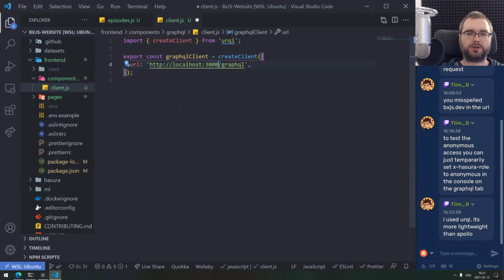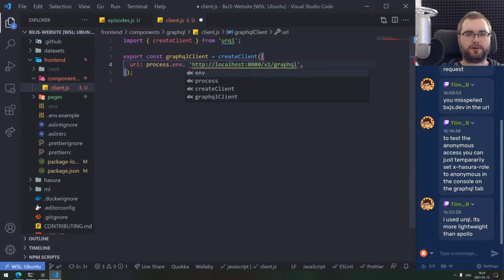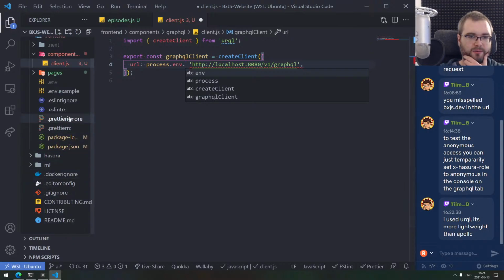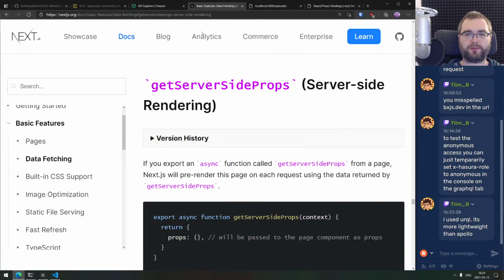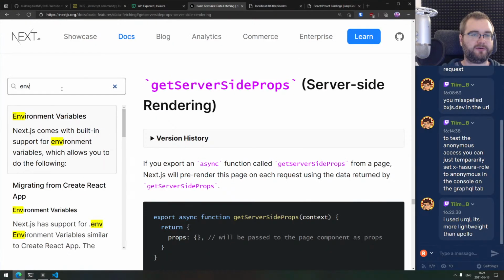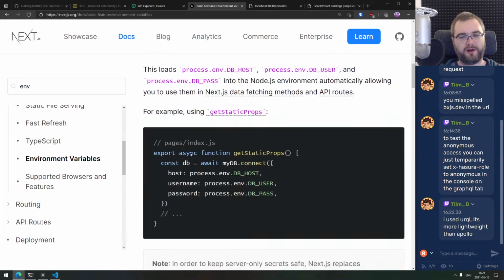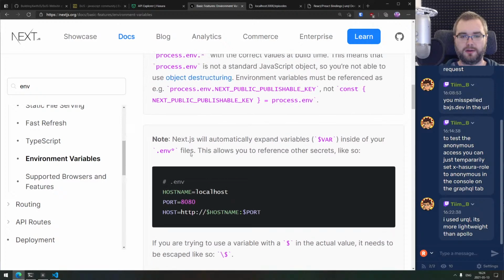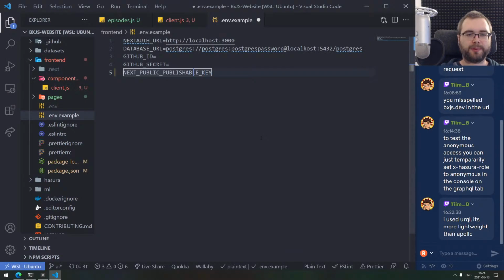So this is gonna be v1, and then it's gonna be 8080, and we're gonna allow overriding it. What? Process env. Okay, there is this thing with env variables where I keep forgetting how to properly use it within Next.js. If you want to require something on the client, the variable has to be prefixed with something. Right, NEXT_PUBLIC, there you go. This is what I want to do. NEXT_PUBLIC